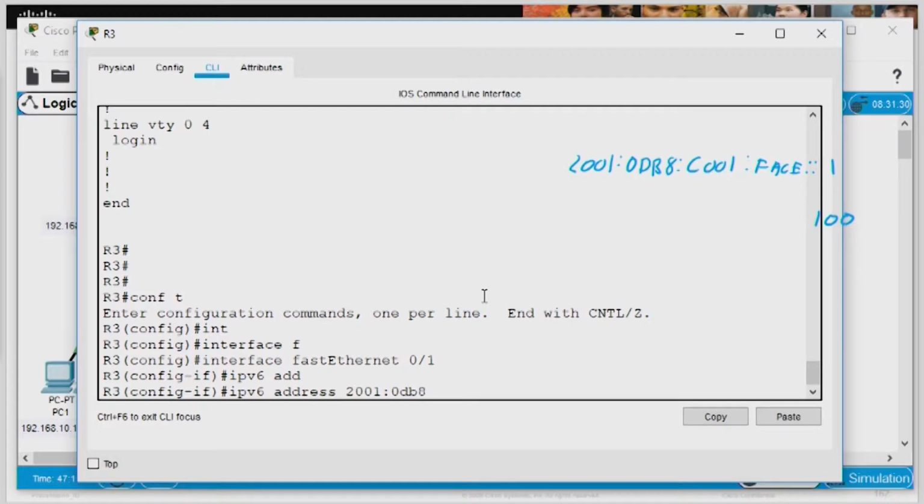2001:0db8. And for those of you going, why did you put that leading 0 in there? That doesn't need to be there. It doesn't. We can use the shortcut of not putting any preceding zeros in there. If we do put it in, then most IOSs will actually strip it out and use the easy form for us anyway. We'll do 0db8